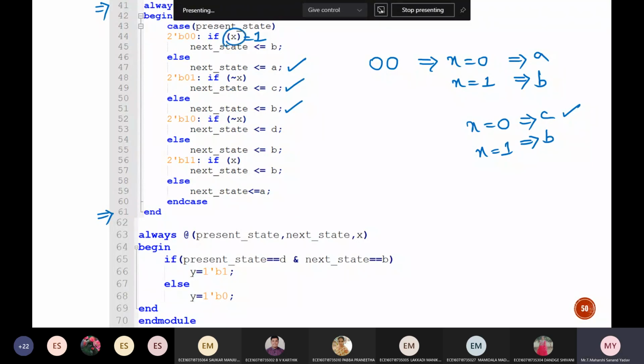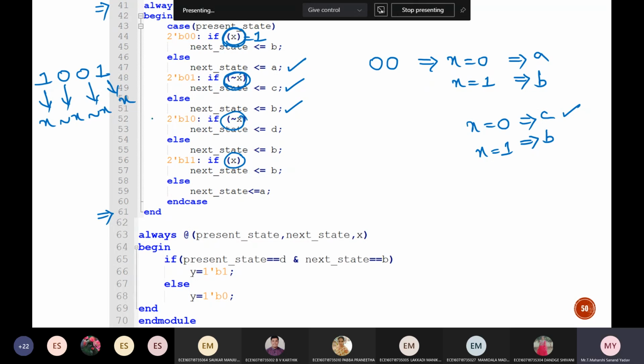Can anyone tell me why I have taken x here and complement of x there? What will happen if I take x? What is our sequence? 0, 0, 1. So if this is x, this becomes complement of x, this becomes complement of x, and this becomes x. You can observe x, complement of x, and here x. I hope it is clear. Depending upon the sequence, you need to change these if and else conditions. If you are wrong with the state diagram, then the complete code will go wrong and you will get 0 marks, either in lab or in the theory exam also. That's the reason to focus more on the state diagram.